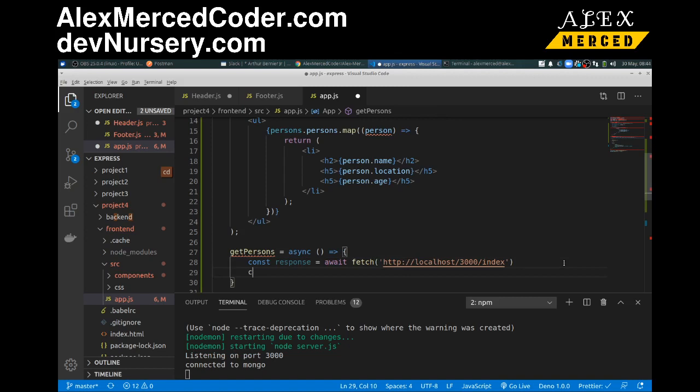Then we have const json equals await response.json(),